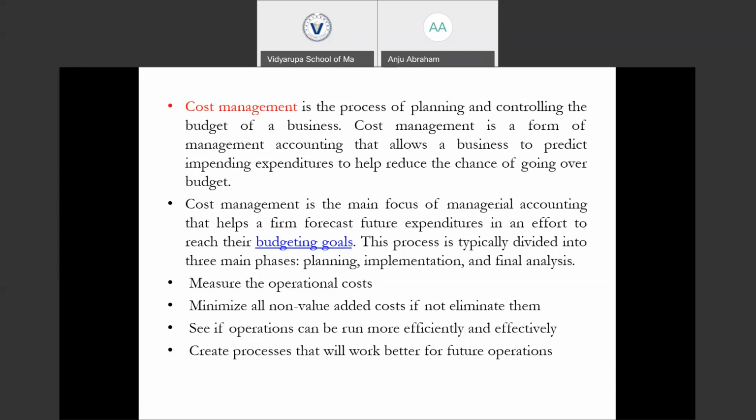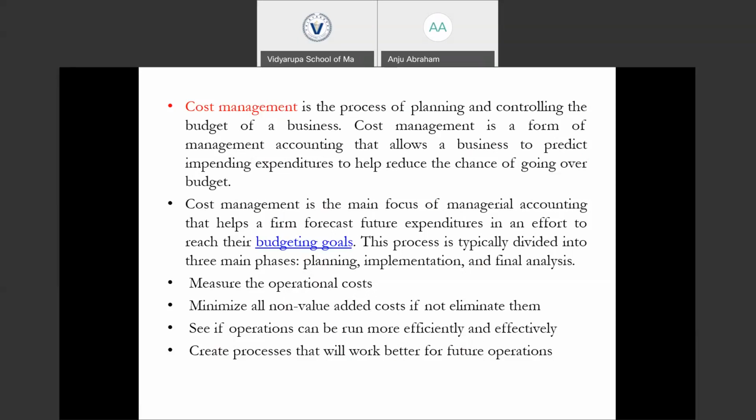The entire cost management process is divided into mainly 3 phases, which are planning, implementation, and final analysis. In the planning stage, we implement the various techniques, activities, or processes that we use in planning or forecasting the cost information, and the various budgeting tools included. And in the implementation stage, we implement those techniques, processes, or activities that we already planned. And in the final analysis, we evaluate our achieved results against our budgeted results in order to find whether there is any need for corrective actions to be taken.